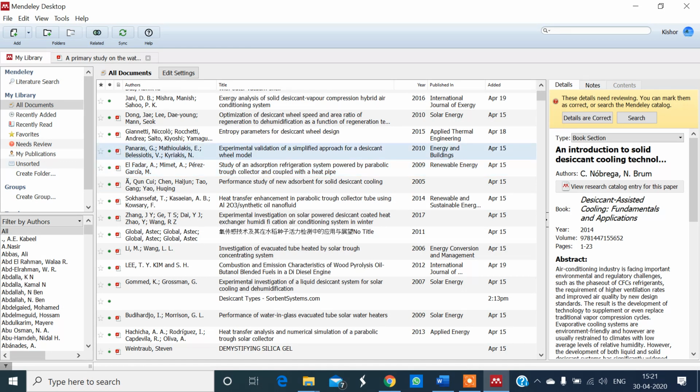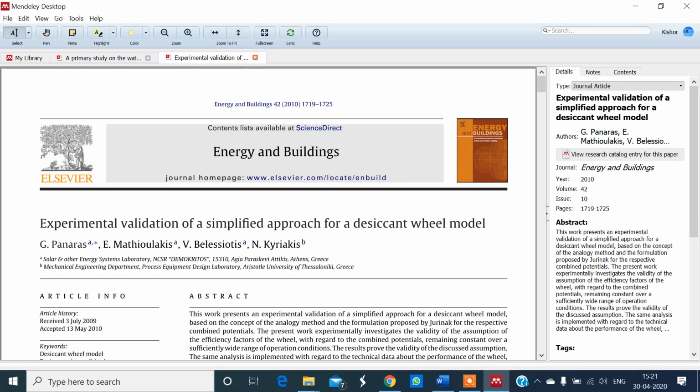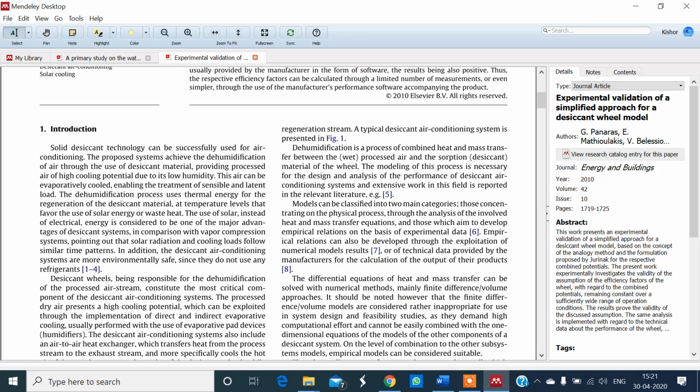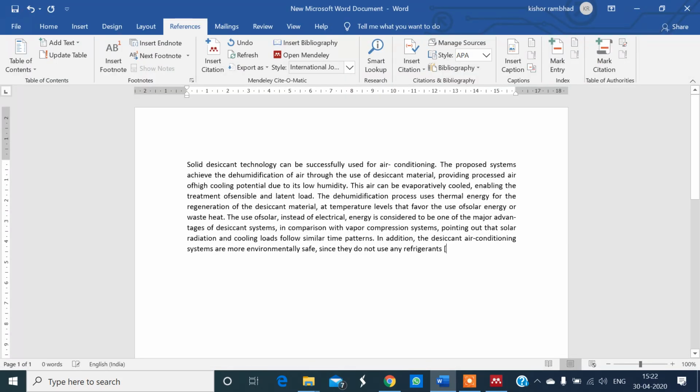Suppose I double click on the paper which is available with a PDF, then the paper will get opened. Suppose I am using this material from this paper. This copy I am pasting over here, and I have to give citations now.